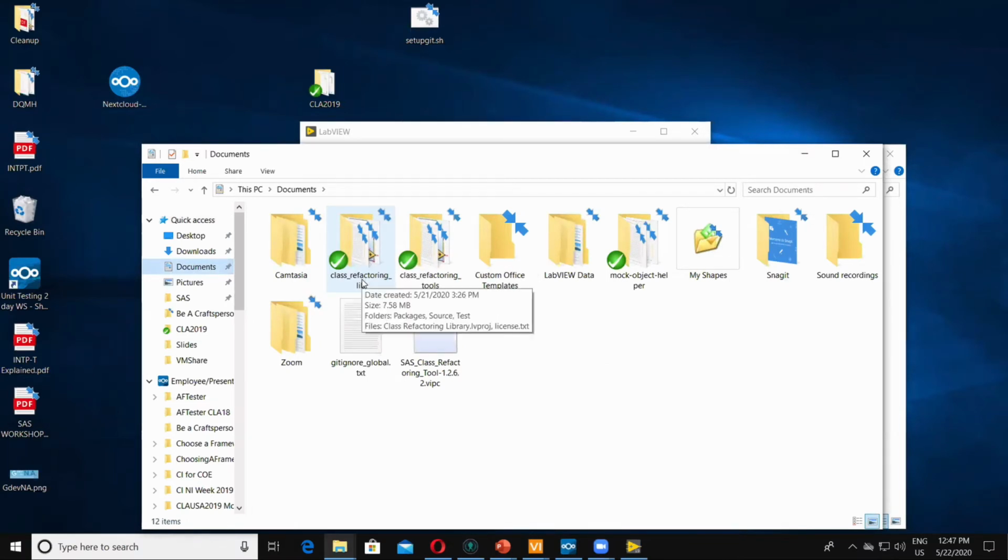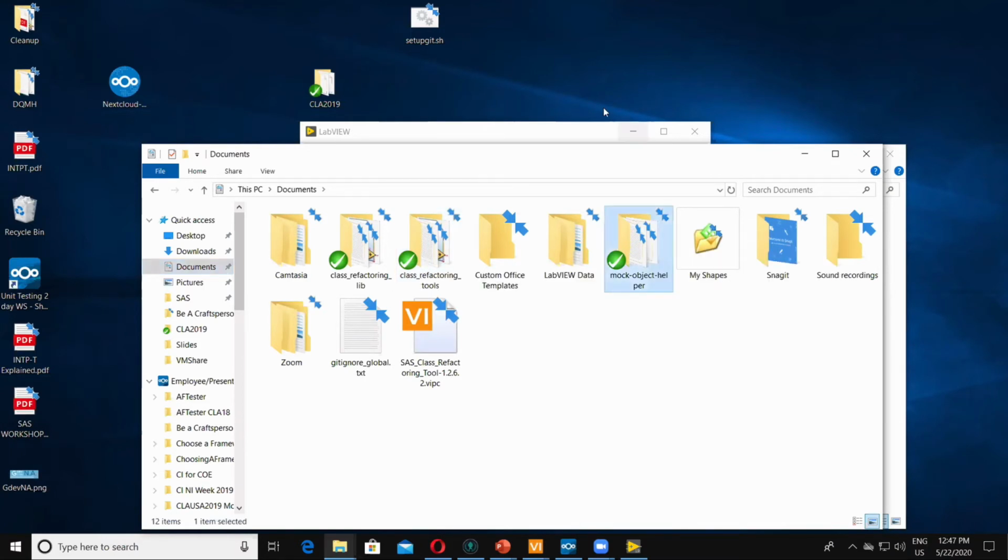And that includes tools to create what I was calling an interface, but it's really an abstract base class. Also includes some tools for moving stuff around classes and then relinking stuff. There is a mock object helper, and we're going to take a look at that one. And then the class refactoring tools is basically the wrapper that shows up in the tools menu that lets you access all the tools for creating mock objects.